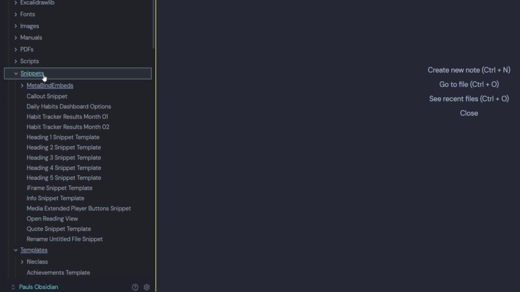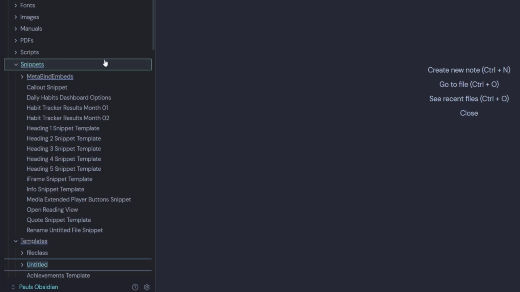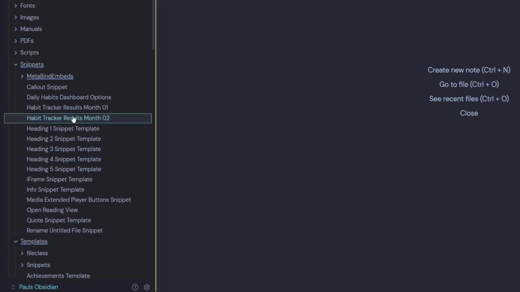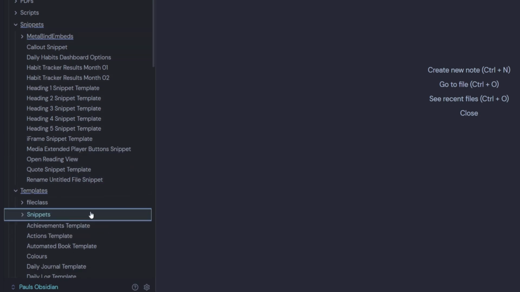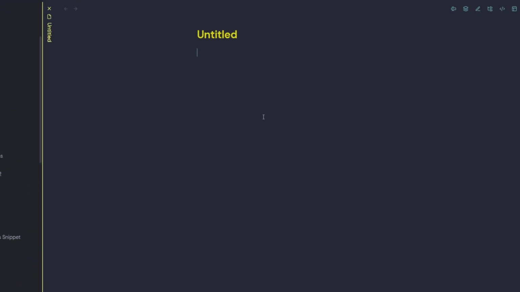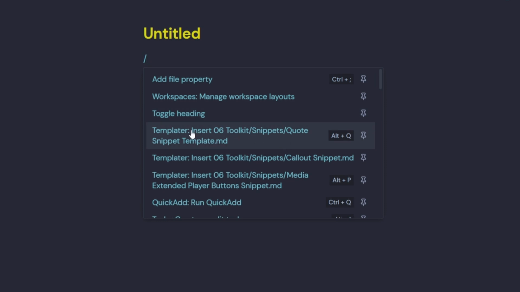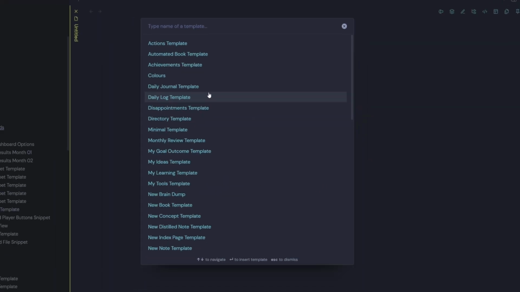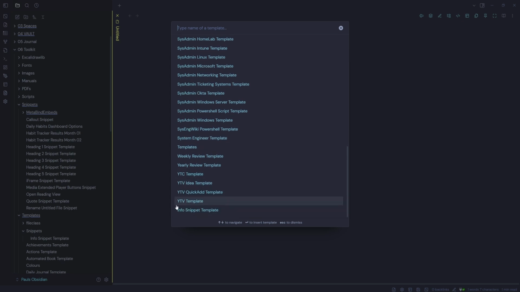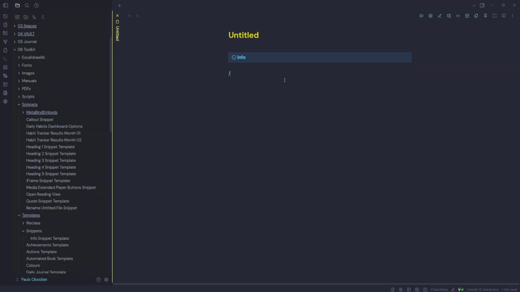Another thing you can do with your snippets is put your snippet folder inside the templates folder. In this case, I'll just create a new folder. I'll call it Snippets. Then I'm going to move our info snippet template that we just created into that snippets folder. So now when I create a new note, if I don't have the snippet in my command palette here, what I can do is I can just type in template and I can say insert template. It's going to ask me which template. Then I just have to find the info snippet template here,